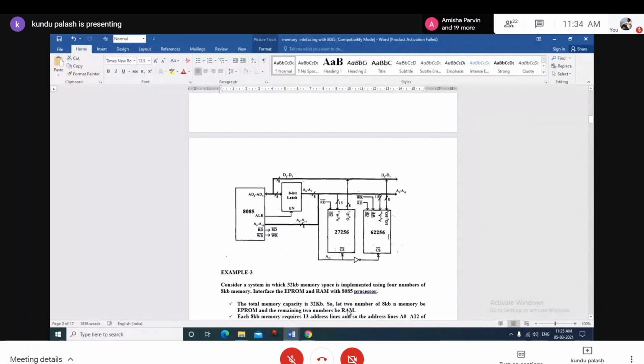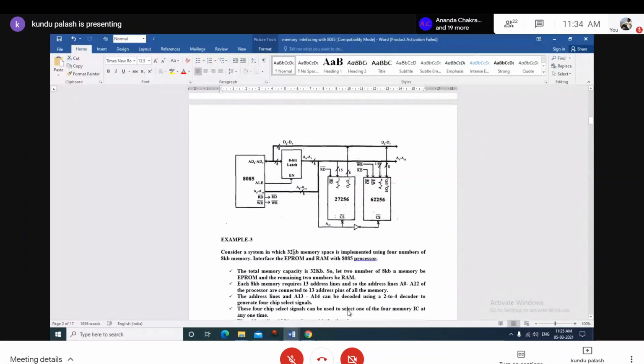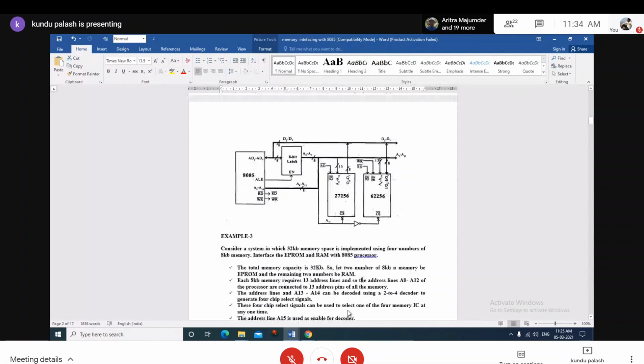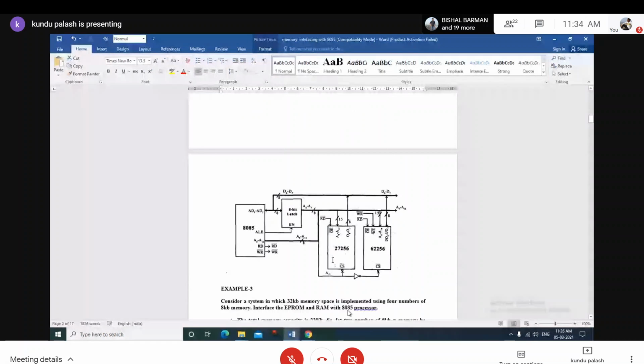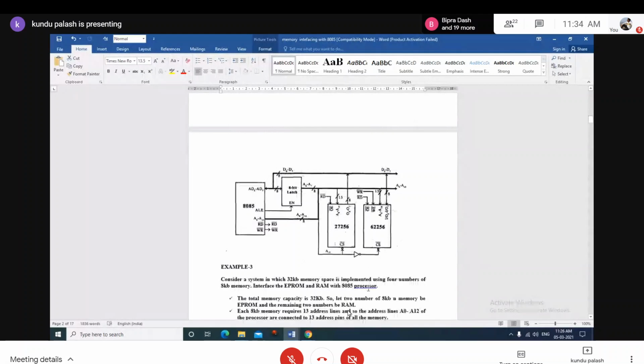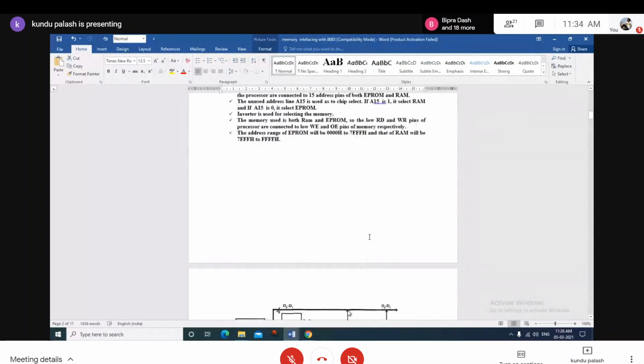This is a similar diagram. Consider a system in which the 32 kilo memory location space is implemented using four of the 8 kilo memory locations. That is the next diagram. And the previous diagram has a problem like that. Consider a system in which the available 64 kilo memory space is equally divided between the EEPROM and the RAM, each having 32. So this is the diagram. The truth table you have to draw. What will be the address range? That means based on this connection, what will be the